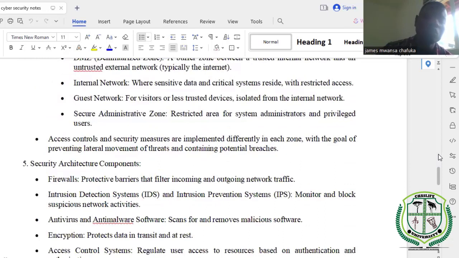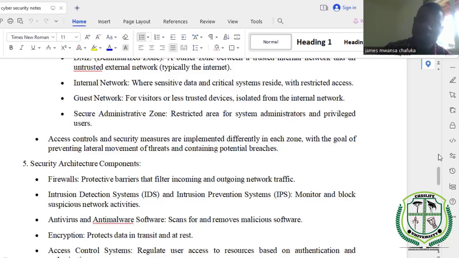In addition, there is also an aspect of access control, and security measures are implemented differently in each zone, okay,